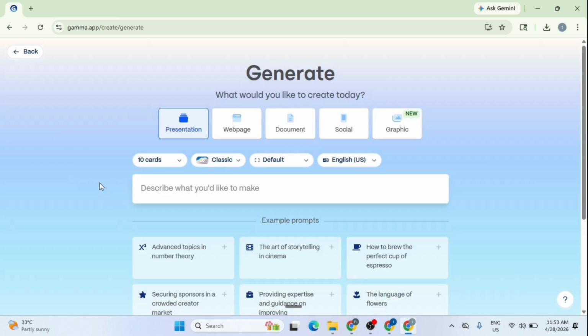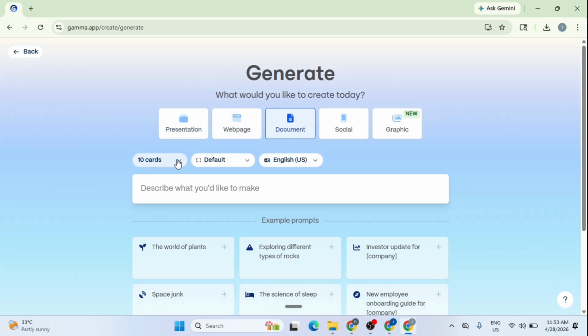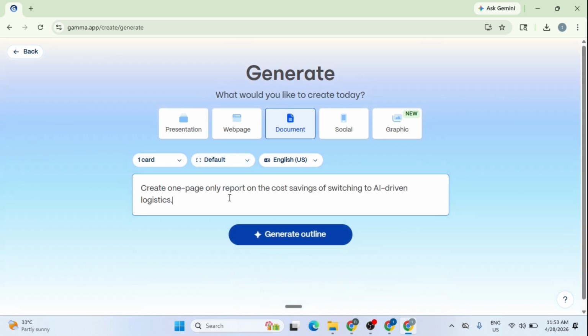Next, I'll choose Document as the format and change the card count to just one card to ensure the report stays on a single page. I'll type in my prompt, "create one-page only report on the cost savings of switching to AI-driven logistics," and then